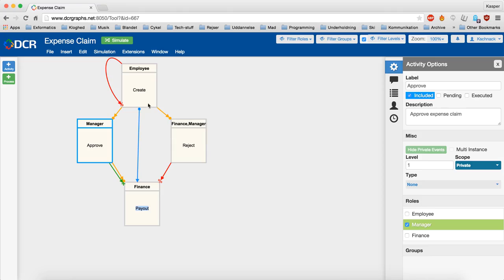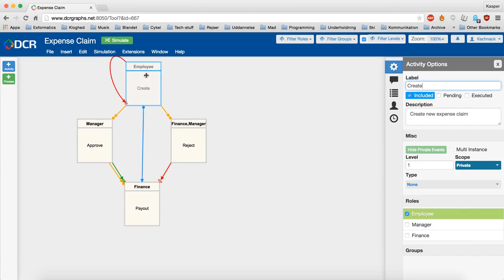So this is my graph, and this is the basics of making a DCR graph. Pretty straightforward, pretty easy, pretty dynamic model. So just go ahead and